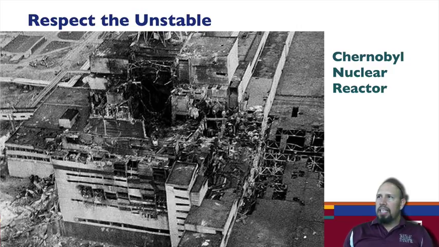So respect the unstable. The Chernobyl nuclear reactor was a failure of the control operation. The whole point of this paper was to help us be respectful of the unstable. Even though we can stabilize an unstable system using control, which is pretty amazing, the fact is we have fundamental limits, and we need to be aware of those limits, and those limits